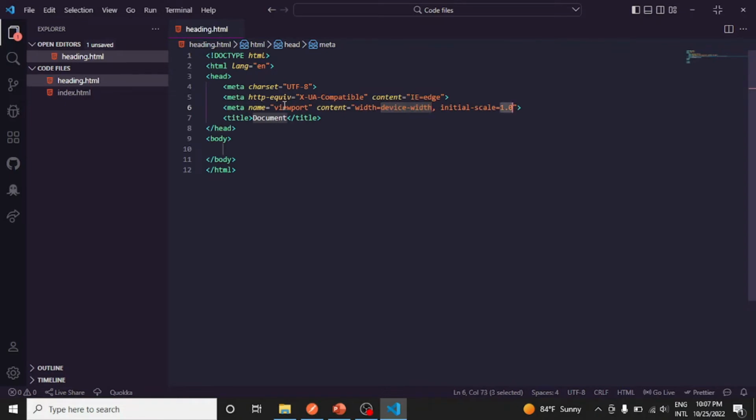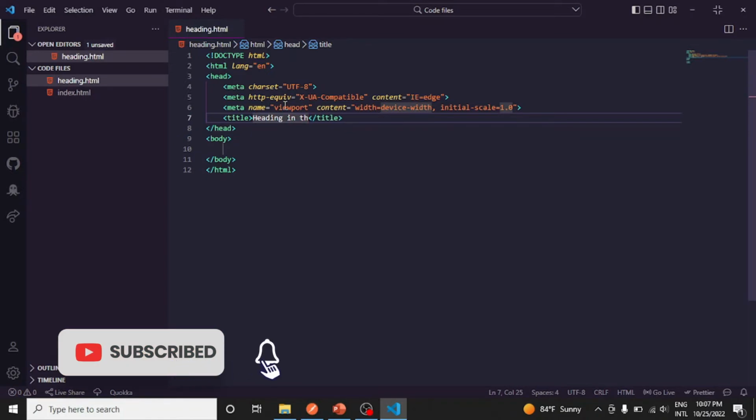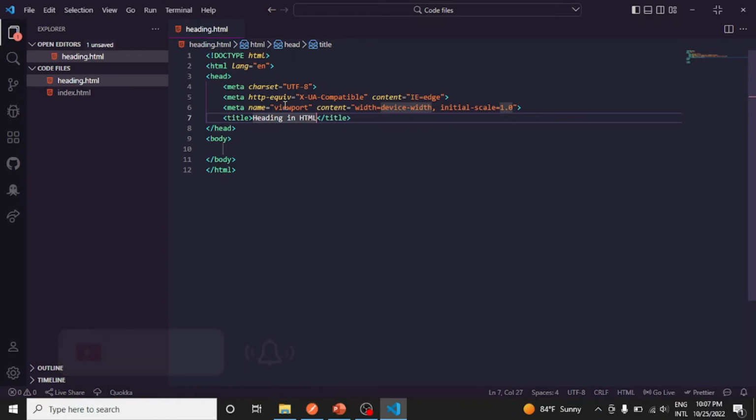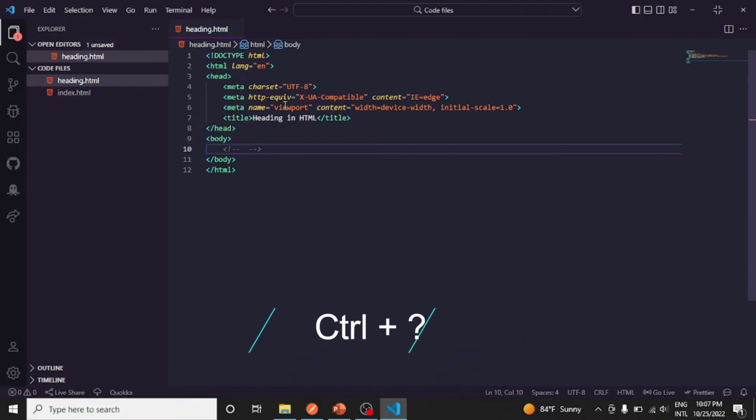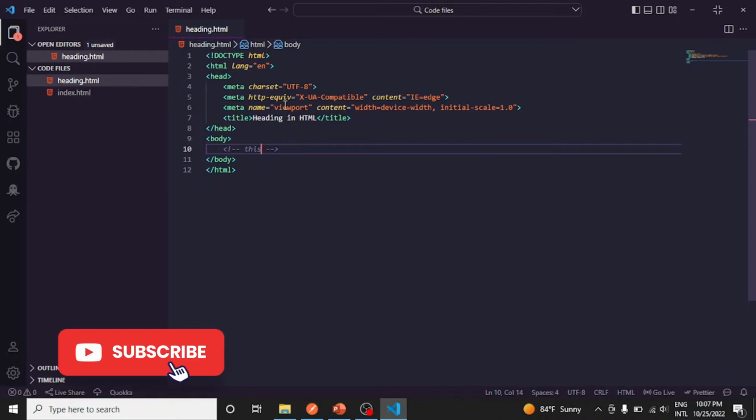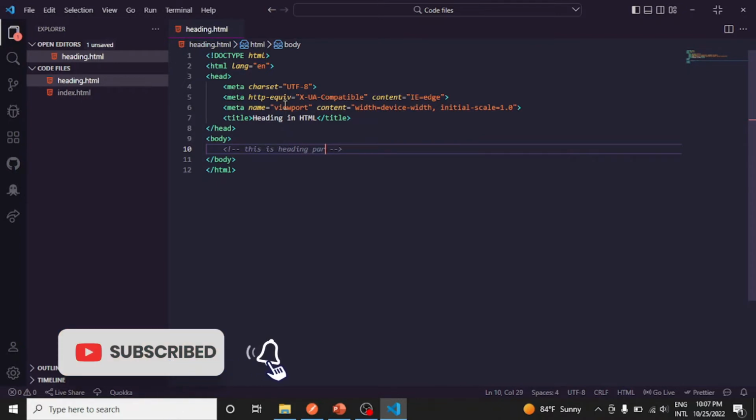See, and press the tab button, and it will switch to different things. Like I'm changing the title. And we will write a comment. For writing a comment, press Ctrl plus question mark. It will automatically give you a comment section. Write comment: this is heading part,